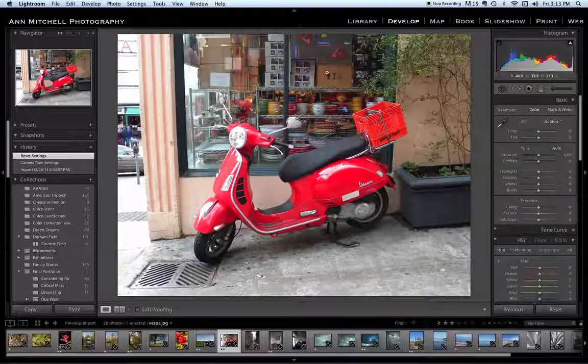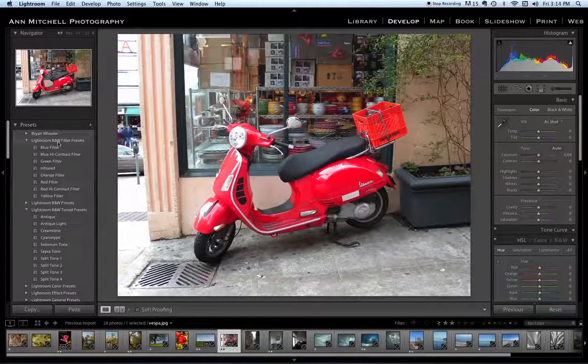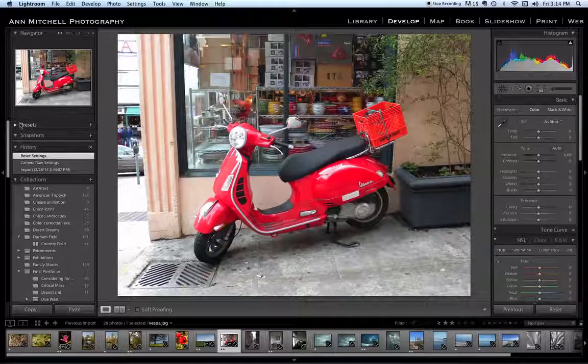In this third part of an introduction to Lightroom, we're going to look at working in the Develop module. On the left-hand side, we have presets. These are pre-designed changes that you can buy additional ones and import. You can also save your own. So if you have a way that you processed an image and you want to save it, this is where you do it.